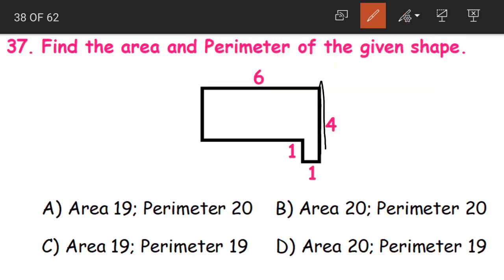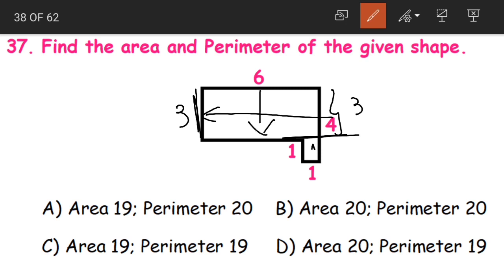See, the length of this side is 4. The length of this side is 6. This is 1. This is 1. Now what about these two? Now for this, just now we have seen that the length is 3. Yes or no? Here this length was 3. So again the opposite side becomes equal. This is 1. Now for this opposite side, is this equal to 6, children?